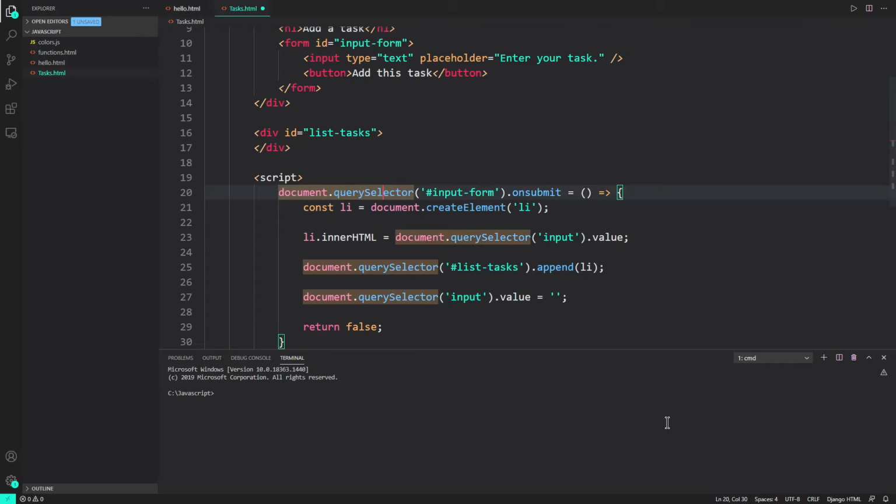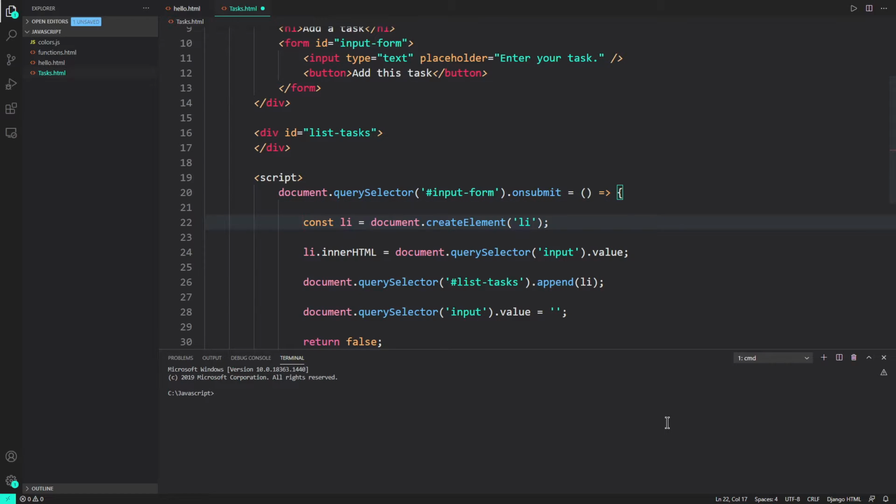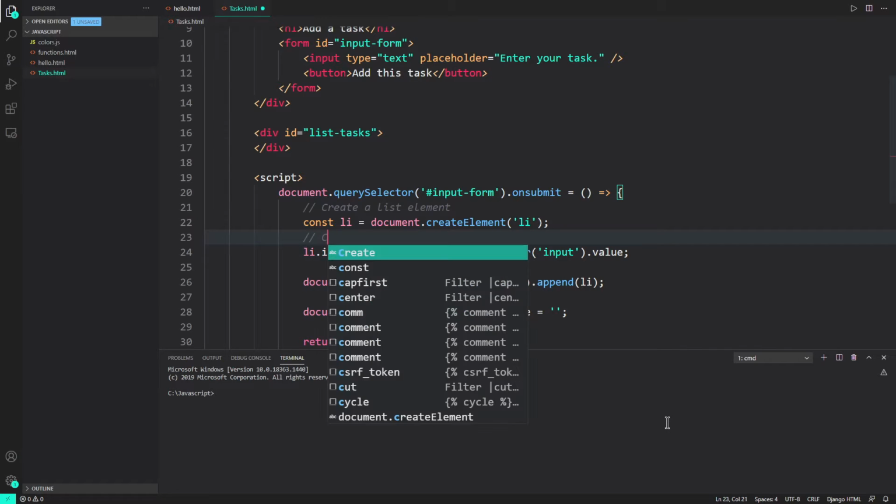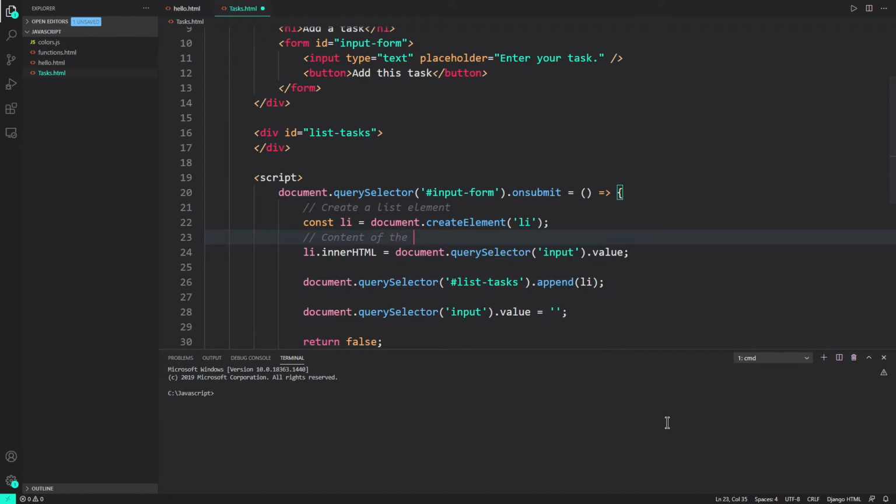So what we are doing over here is that when the form gets submitted, we will create a new list element. Then, what is the content of that list element going to be?